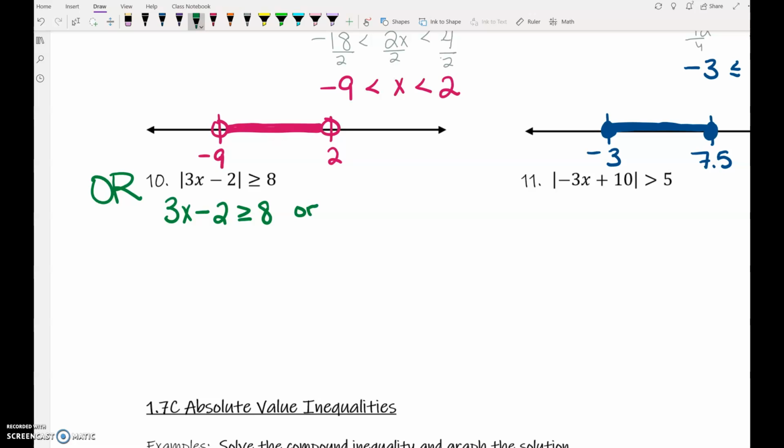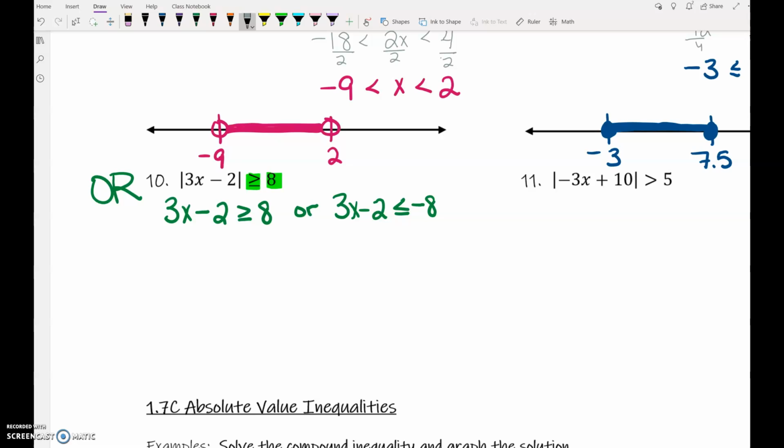Write "or." For the other inequality, we don't change anything on the left, but we change the symbol and we change the number on the right. So instead of greater than, we write less than or equal to. And instead of positive 8, we write negative 8. So when you write the second inequality, you have to flip the symbol and take the opposite of the number that comes after. Okay, now on your own, solve both of those inequalities, and then we'll talk about graphing them,